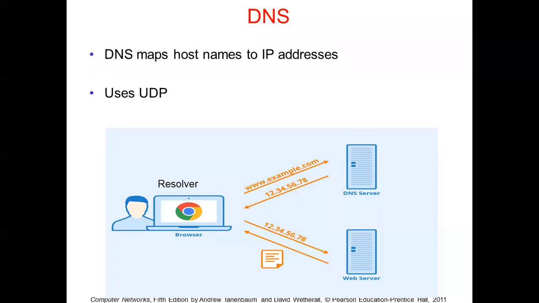So DNS stands for domain name server, and it is responsible for returning us the IP address of a machine in the internet environment. DNS is an application layer protocol. In the lower layer, that is the transport layer, DNS makes use of UDP, the user datagram protocol, and then it obtains the IP address of that machine, and that is how we are going to access it. You can have a look at this diagram on the slide and try to understand it.